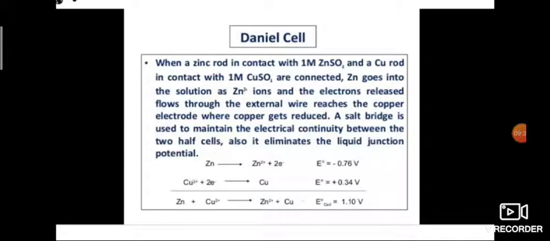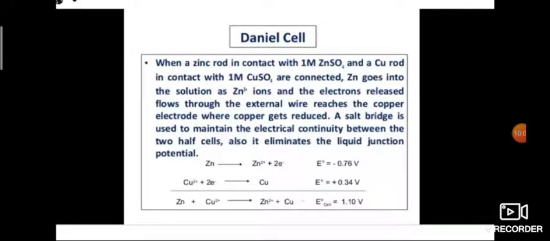That means electrons move from zinc to Cu2+ through the metallic wire, that is from anode to cathode. The flow of electrons is shown in your textbook. The flow of ions takes place through the salt bridge so as to maintain electroneutrality of both half cells. The flow of current can take place if there is a potential difference between the zinc and copper electrodes.